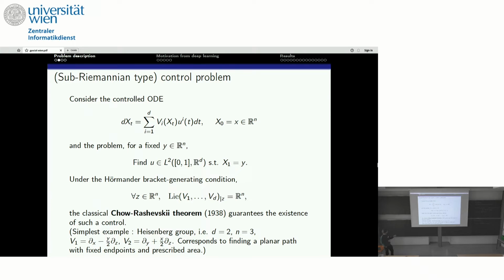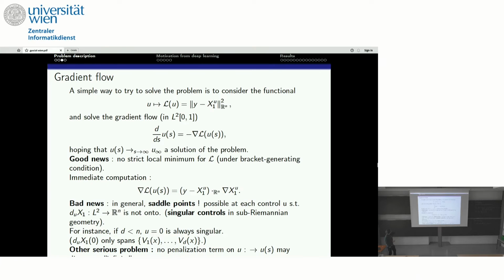Of course, this criterion is very general, and you can do much more complicated examples. Now the question that occupies us is: we know these controls exist, and we would like to find them by a not very clever method, which is to do a gradient